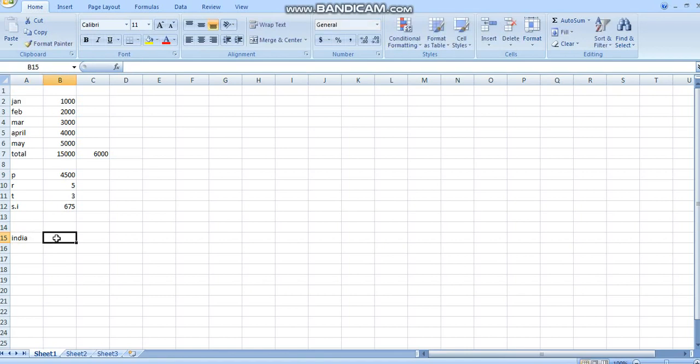In the next one I'll write computer. Okay, I want to add India and computer. I just want India and computer to be written without any space in cell C. How will I do that? I'll write a formula, and the formula is written as